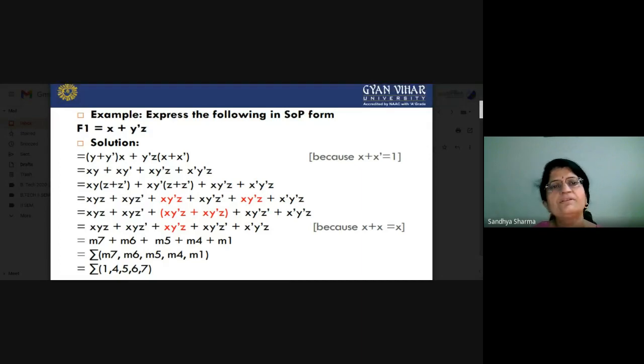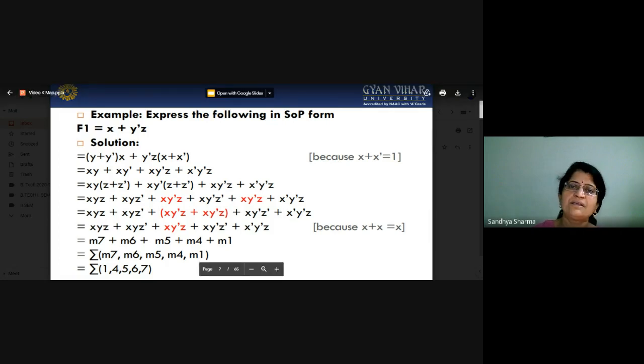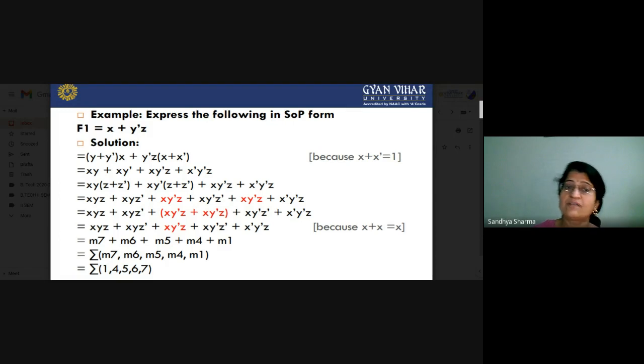If you are given any optimized equation, you can also convert it into the sum of products, and then you can apply the K-map. So before starting the K-map, first of all we will study how we can represent the basic expressions.